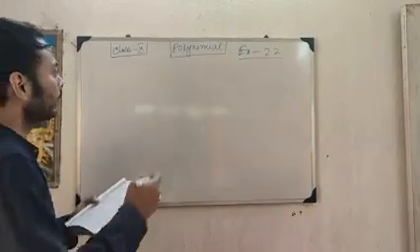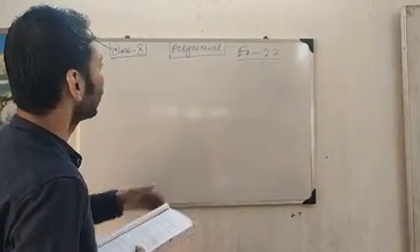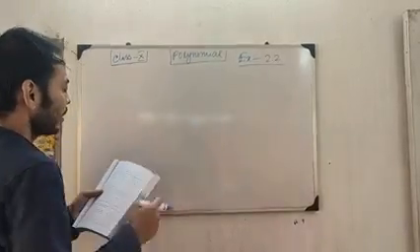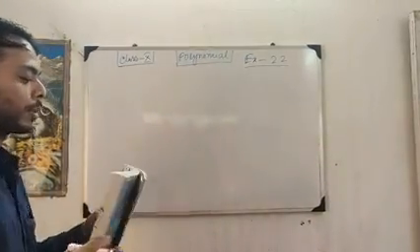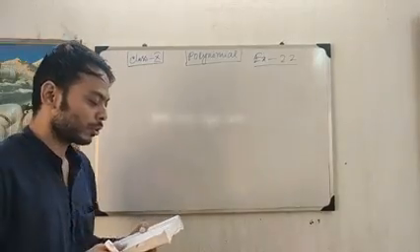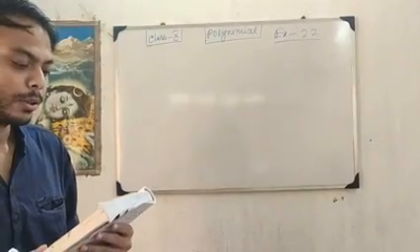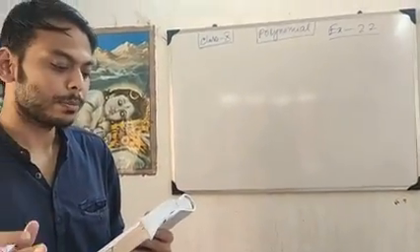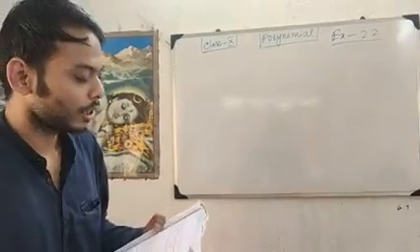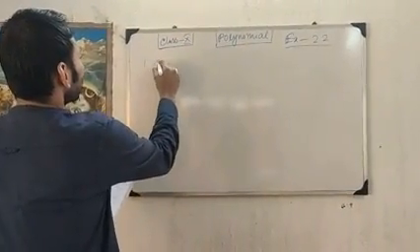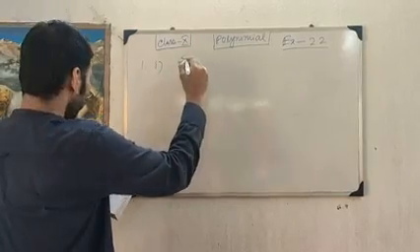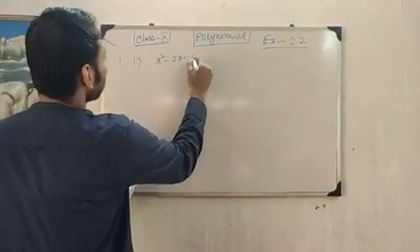Okay. Today we'll solve some problems about polynomials of class 10, Exercise number 2.2 from the NCERT books. The first problem is: find the zeros of the following quadratic polynomials and verify the relationship between the zeros and the coefficients. So I am solving here the first one. The first problem is x square minus 2x minus 8.